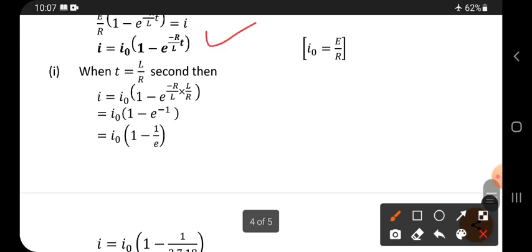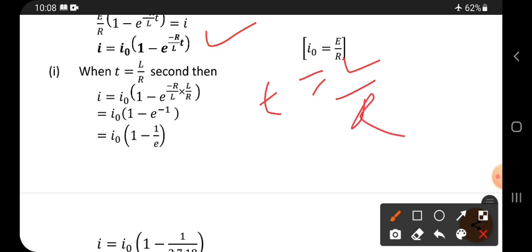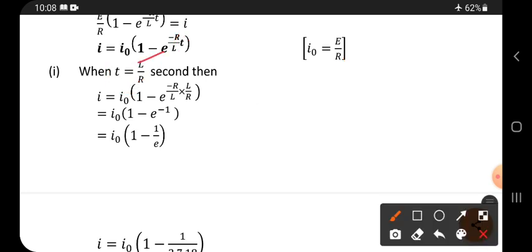Okay, for this I am going to apply the conditions. So that is T is equal to L by R. Here R by L is there. Multiply by its reverse value, substitute the reverse value in the place of T. Then this is called what? It is called time constant. Okay, time constant for inductor only. Why? Because time constant for capacitor is also present. So that is why it is the time constant for inductor. Okay. If you substitute the time constant, T value in the place of T as L by R, R cancels, L cancels. Here minus will be there, right?